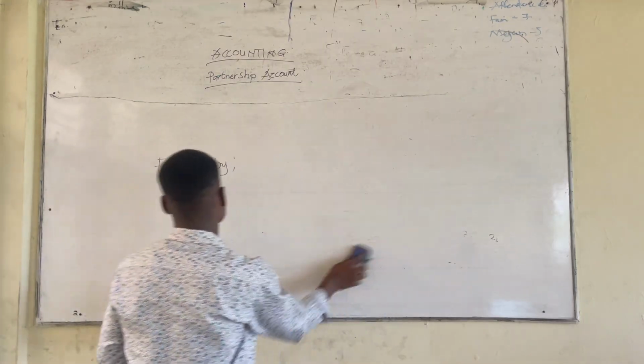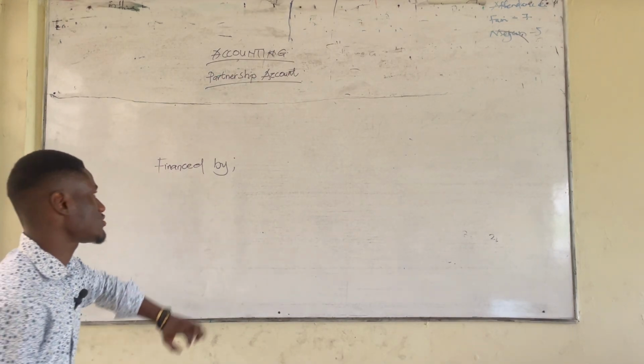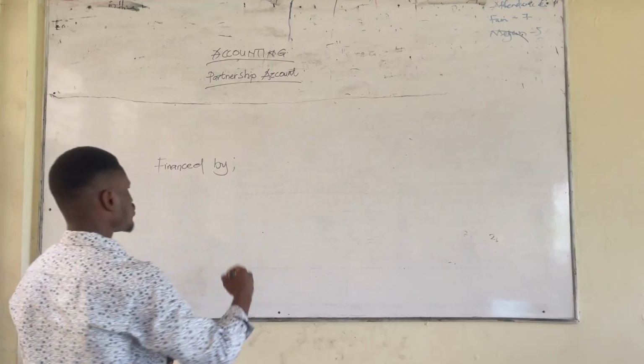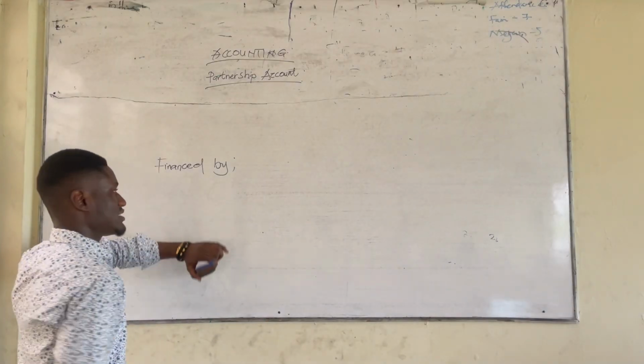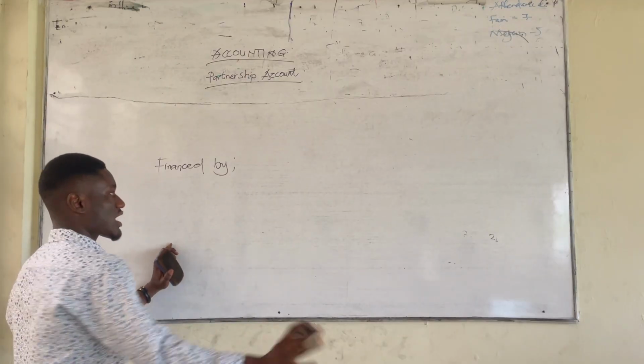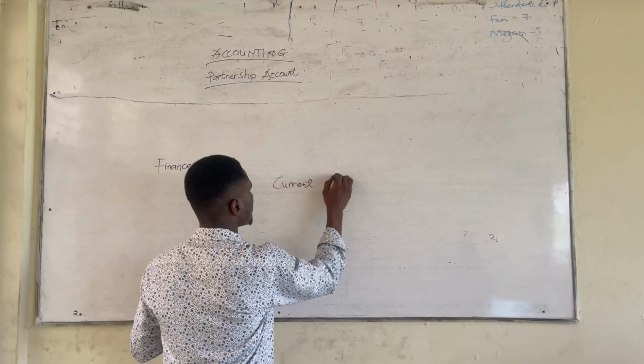We are going to record our capital account and current account here. When it is a fixed account, that is, if the capital remains fixed, that means we also have to open our current account separately. Good. So the current account